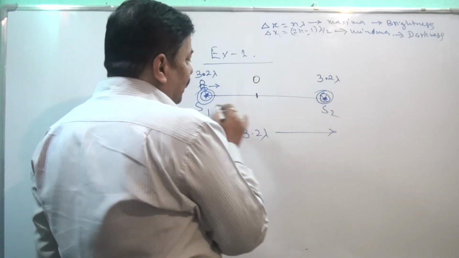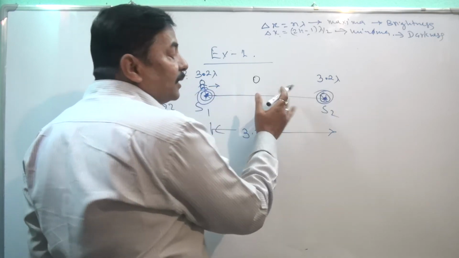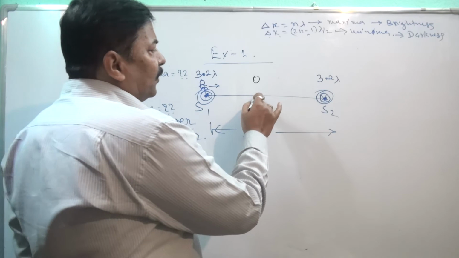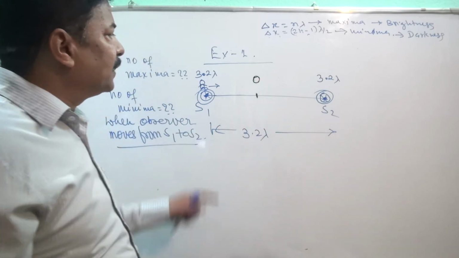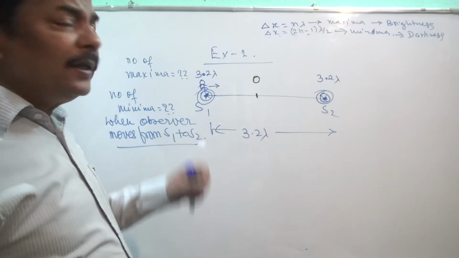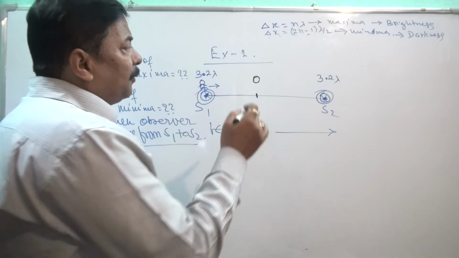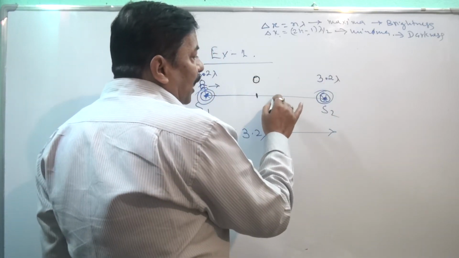This distance is equal to this distance, so this minus this or this minus this is 0. So at the central position, here the 0, you are getting the path difference. At extreme positions, you are getting 3.2 as the path difference. So what next I would like to tell you, if here is path difference 0, here is 3.2 lambda, then